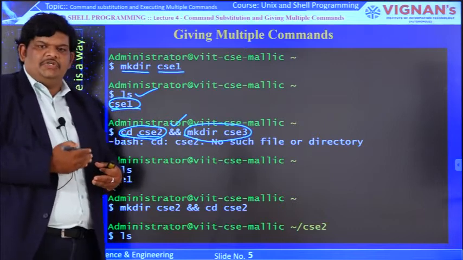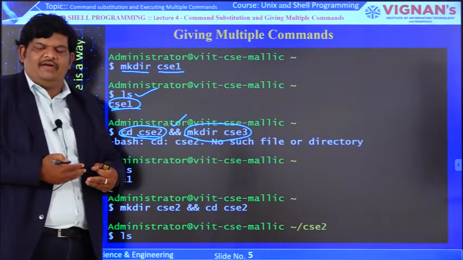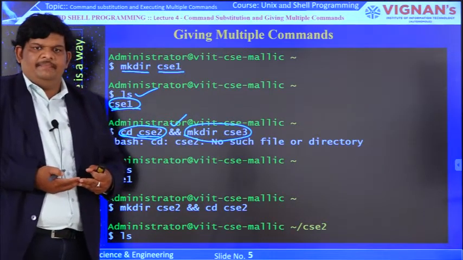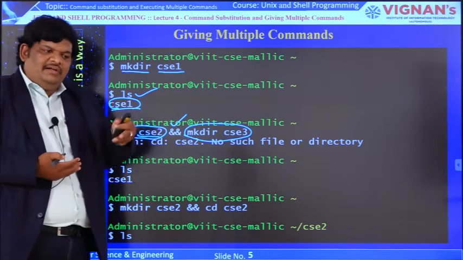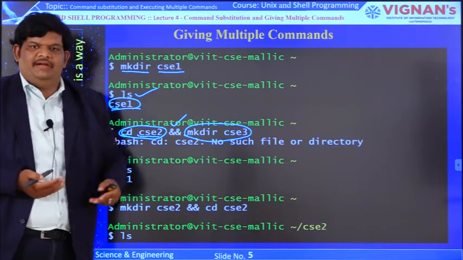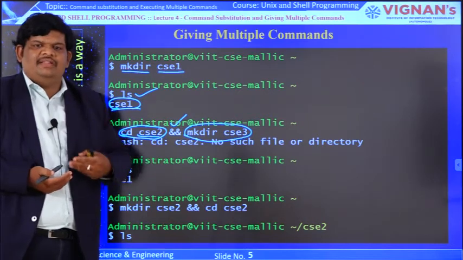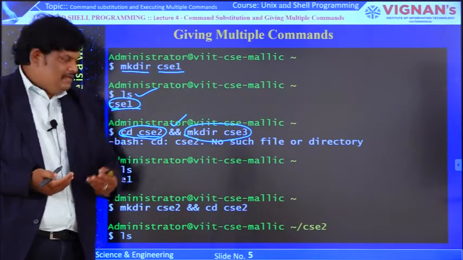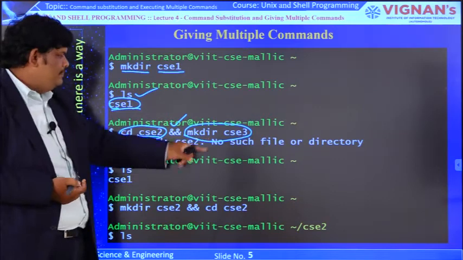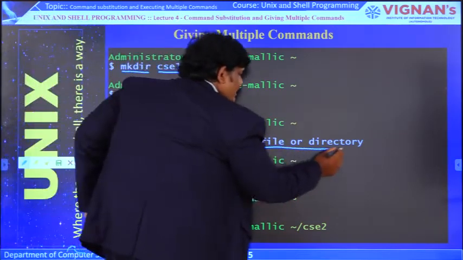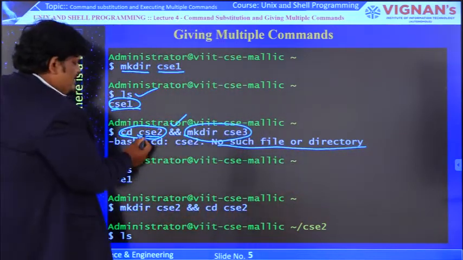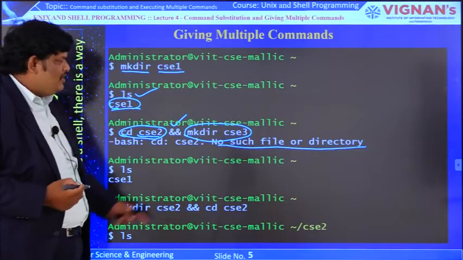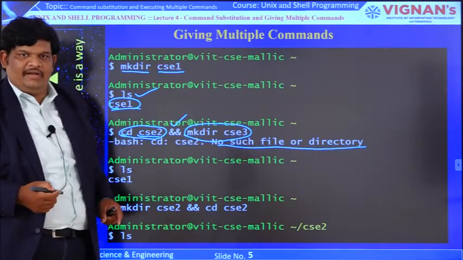That means CSC2 is not created. So obviously the execution fails. See, the output is no such file or directory.